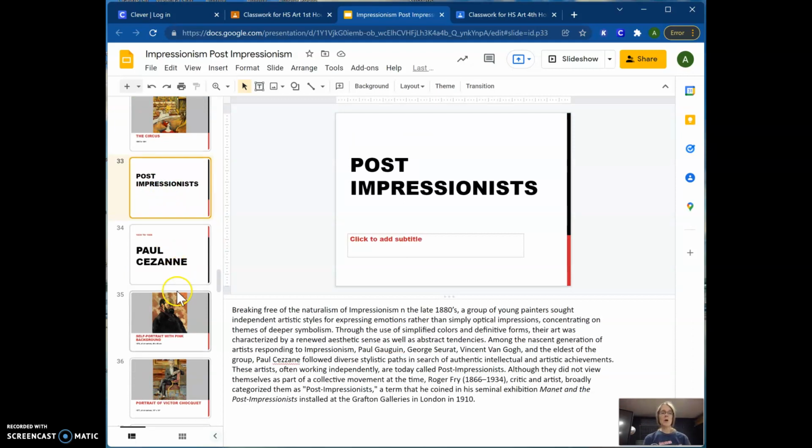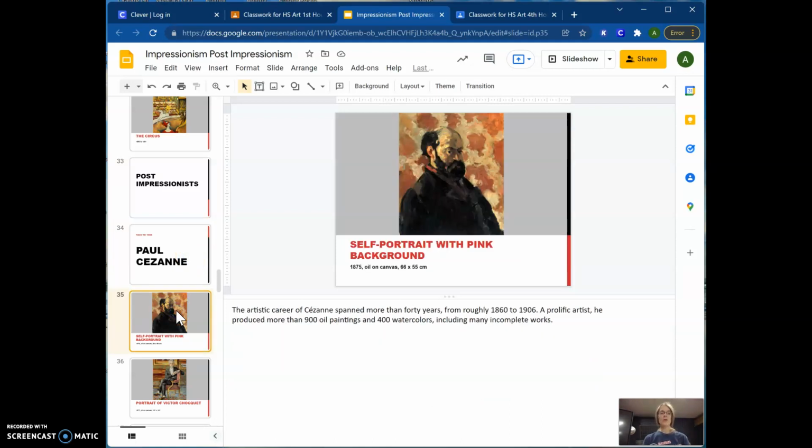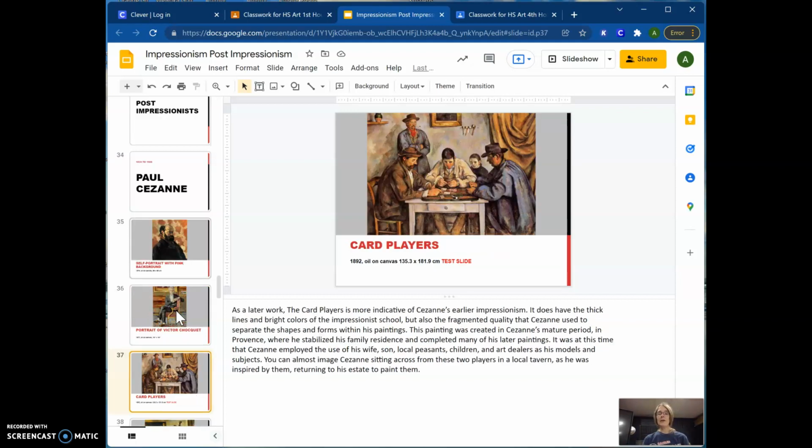Okay, so if there's a possible test slide that you see here from one of these artists, you're going to write post-impressionist for their culture. So Paul Cézanne, and then voila, the card players. There it is, test slide. That's one of the images that will be in your study guide that you will need to write 5 facts about. Okay,